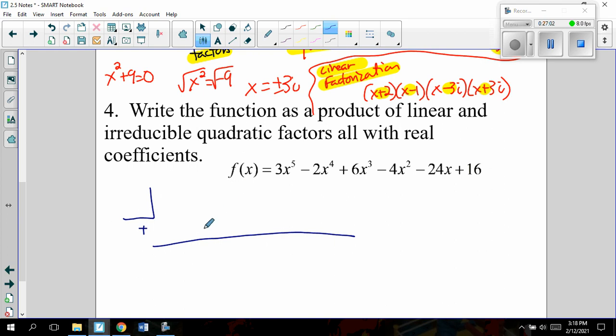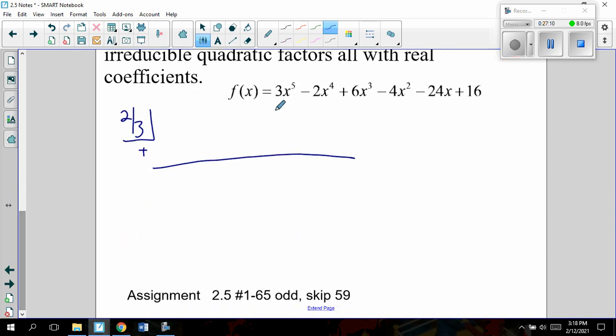Okay, when you graphed it, hopefully you graphed it, 2/3 is actually your number that is a rational zero. It's not great because it's a decimal with that 0.66666, but we can write it as 2/3. So when I put my coefficients here, -2, 6, -4, -24, 16, and I start that process